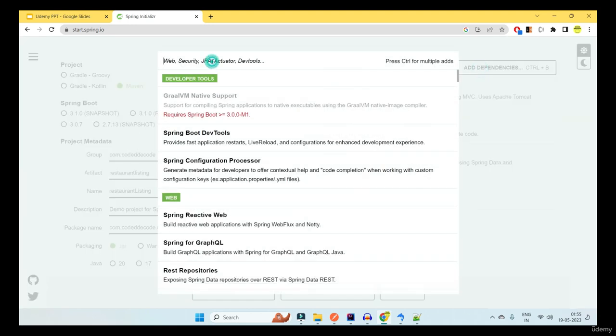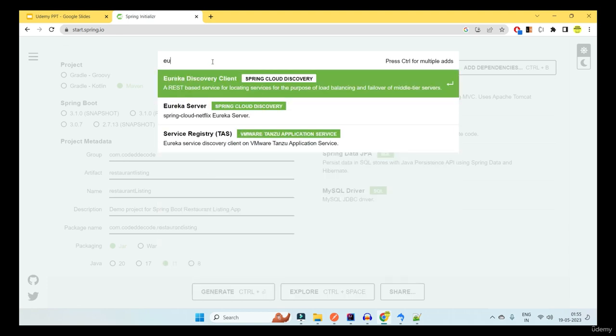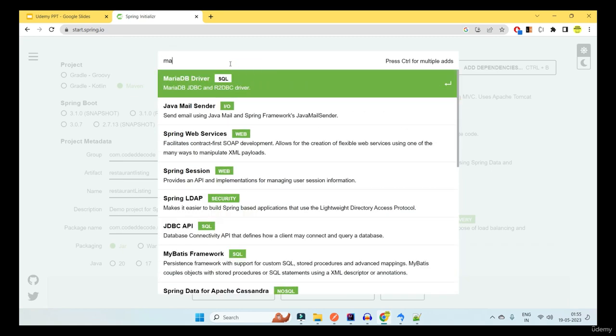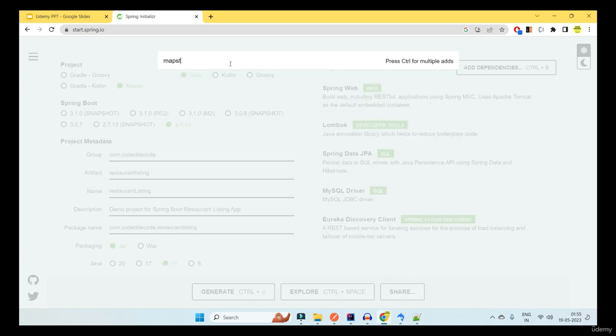Very important thing: in the previous video we configured Eureka for our microservice architecture. Now since we have the Eureka server there, we need to make this application a Eureka client. So we need Eureka client here. Also I would need MapStruct. Not sure Spring Initializr will be able to suggest it; it is not able to suggest it here. So I'll be adding its dependency and the plugins separately in the pom.xml in the upcoming few minutes.